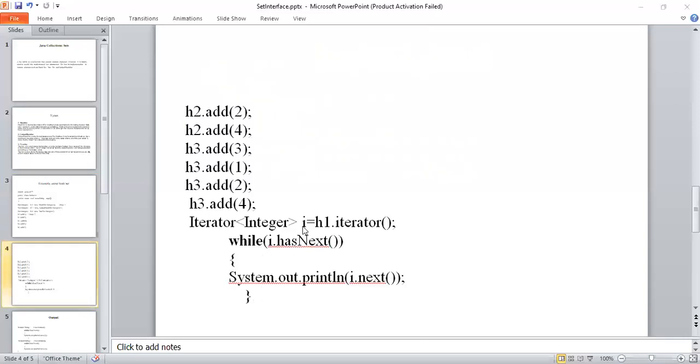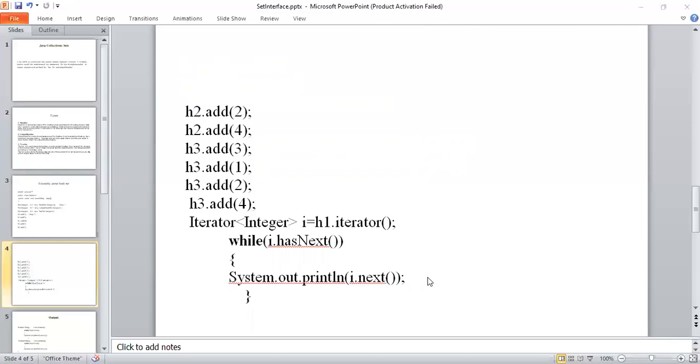Here this i contains three elements because my h1 contains three elements. So because of that, the same three elements are copied into i. Yes, i contains them. Here the condition is true. Then System dot out dot println, which is going to display the first element. And after displaying the first element, here I have a method called next. This next method moves to the next element in the list. Yes, I have a next element in the list.